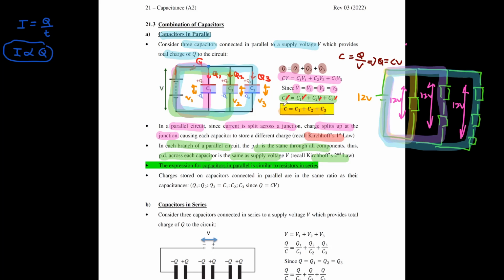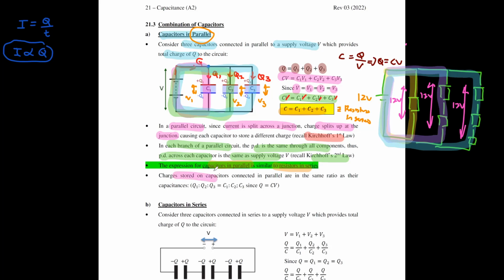So you see, this one is your total capacitance when your capacitors are connected in parallel. It is akin to the expression for resistors in series. Notice it's the other way around. If it's capacitors in parallel, you add them like you would resistors in series. Okay. And one last thing to note here is that